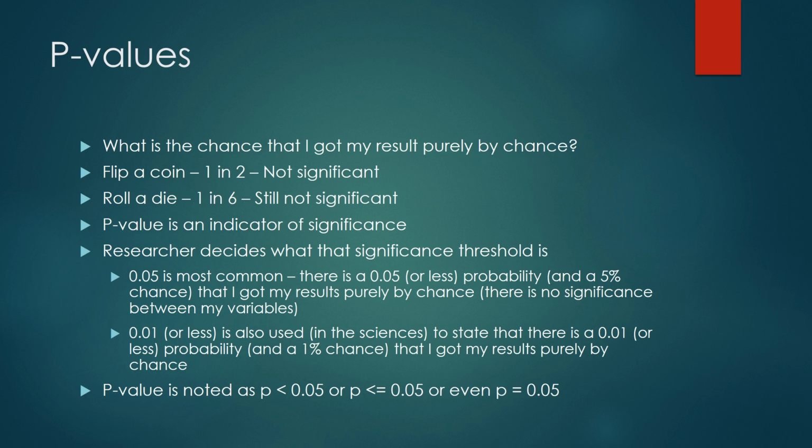A p-value is a probability value. It's really, what is the chance that I got my result purely by chance? If you flip a coin, you have a 1 in 2 chance of getting heads, that is not significant. It's purely by chance. There's really no structure to that at all. Same thing if you roll a die. It's 1 in 6. That's still a very, very not significant way of determining why you got the result you got. A p-value is truly an indicator of significance, and it's statistical significance